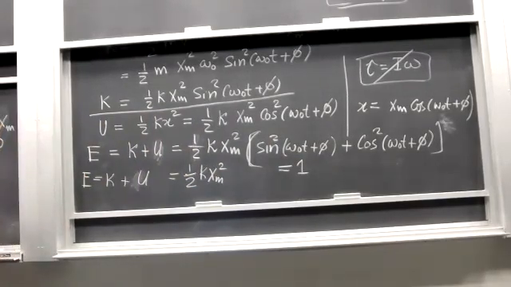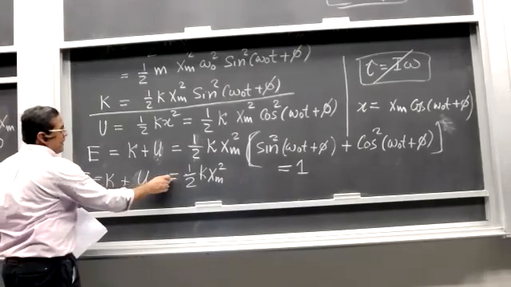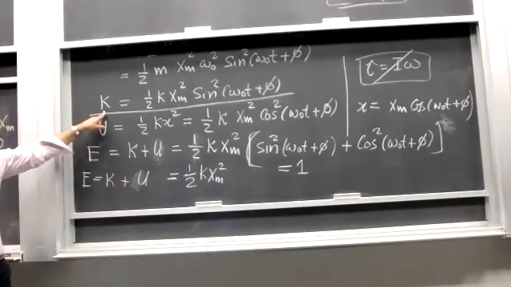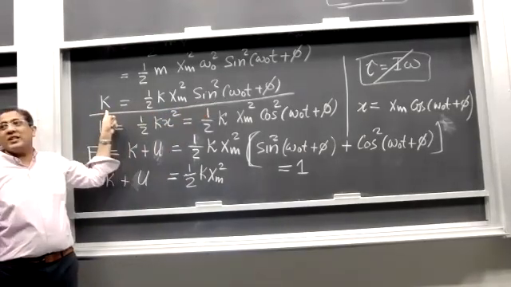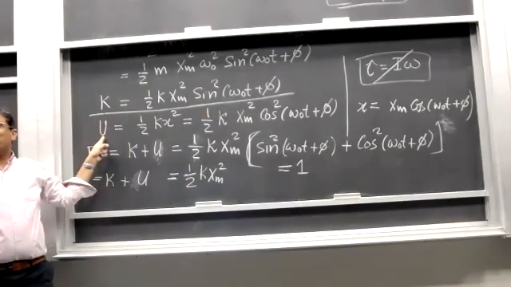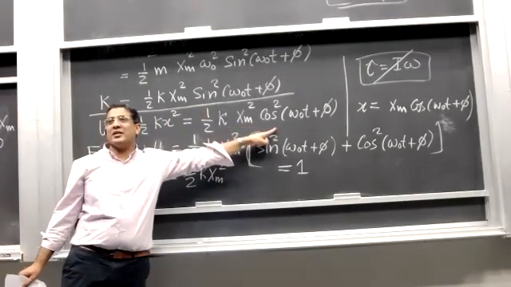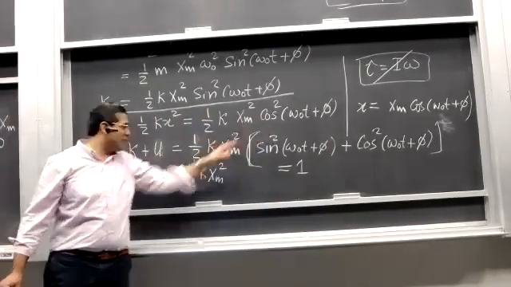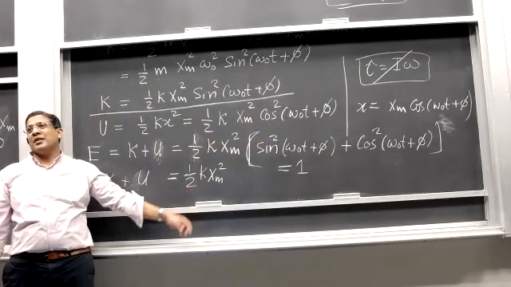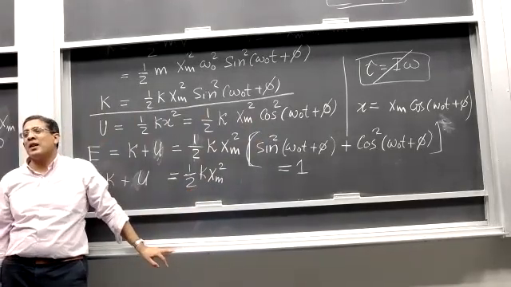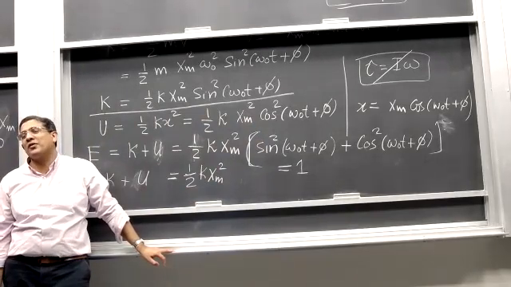And you see what is interesting here. Do you see anything interesting here? The interesting thing is that the kinetic energy depends on time. As time changes, the kinetic energy changes. So is the case with the potential energy. It depends on time. As time changes, it changes. But their sum, K plus U, is independent of time. So it means the energy is constant or conserved, as you would expect for a system which has no external force.